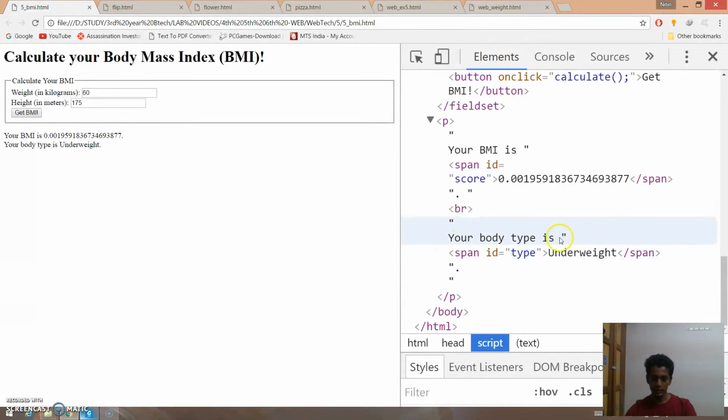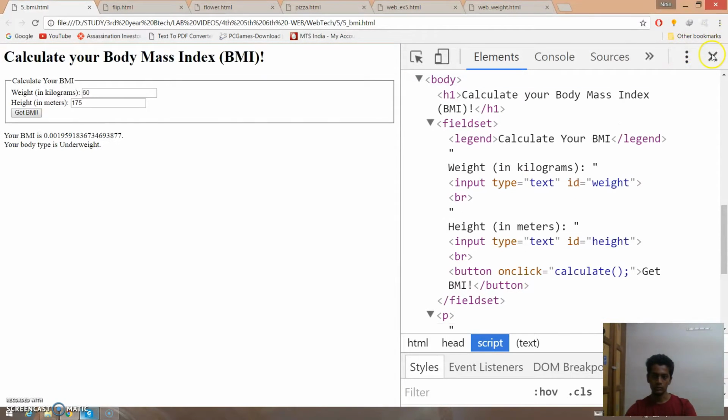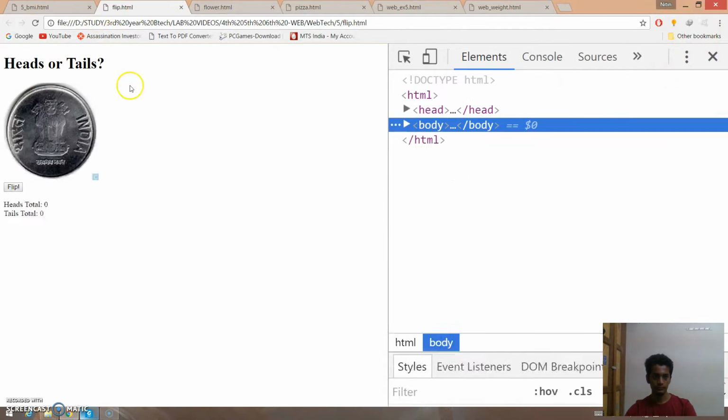Break line, your body type is span, underweight right now. Okay, just like that. Now we go on to the coin flip. In coin flip,